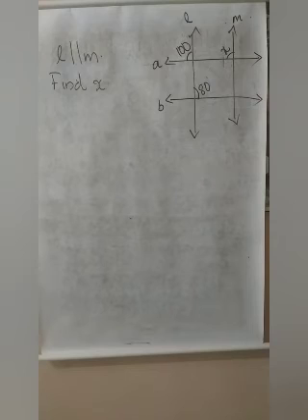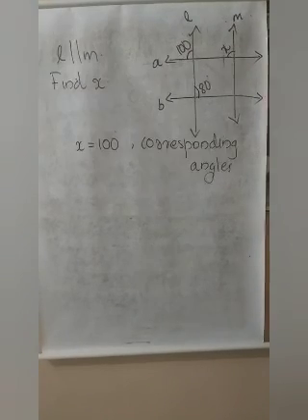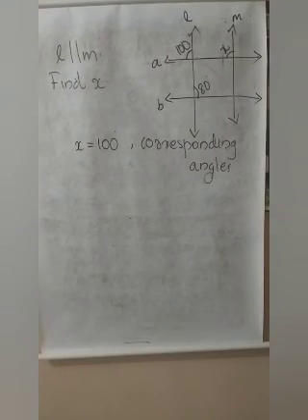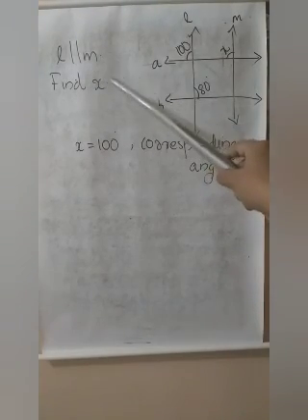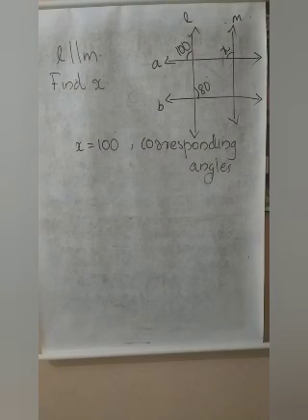So you have to observe the figure carefully and you should know how to identify the angles. Then it will be easy for you to find the value. Here nothing we have to prove. It is directly given because L and M are parallel, so each pair of corresponding angles will be equal. Here x equals 100. So the value of x is 100. What is the reason? They are a pair of corresponding angles. Why can we use that concept? Because it is given L is parallel to M.